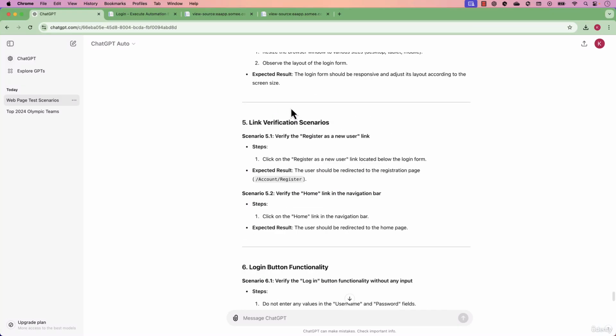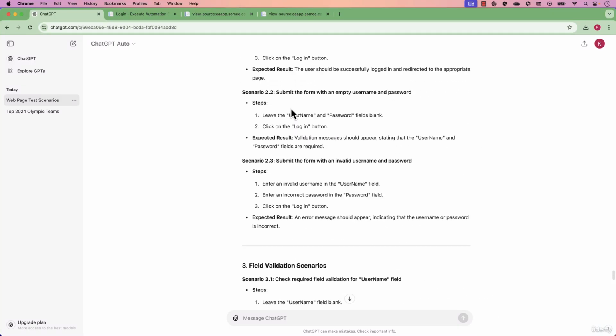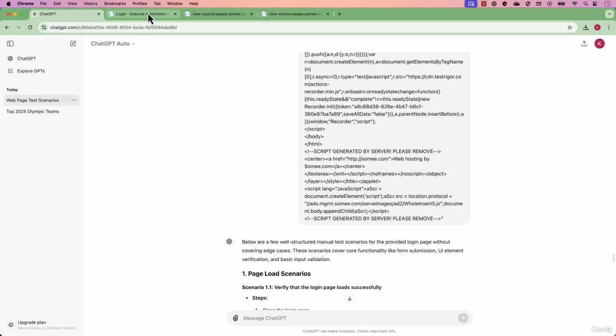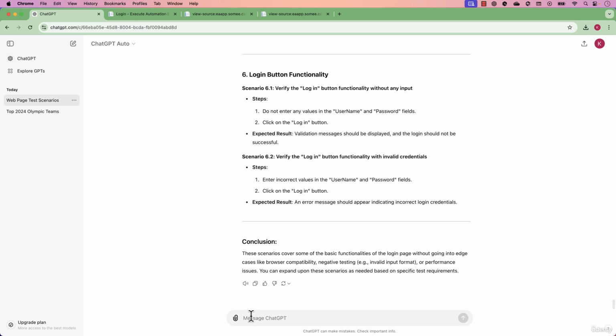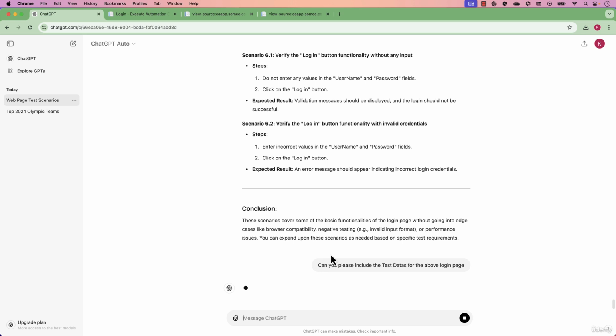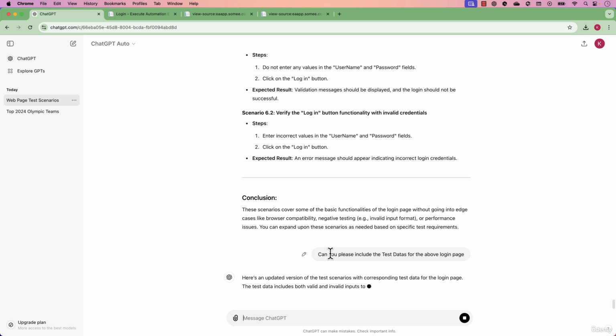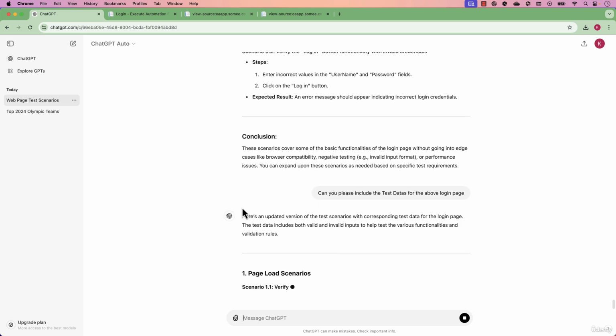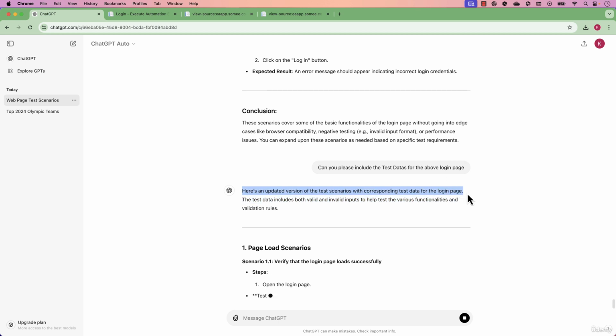In this lecture, we'll discuss how we can create test data for these inputs. So let's ask the same ChatGPT with the same prompt. Can you please include the test data generation or test data for the above login page? While I do that, it now tells there is an updated version of the test scenario with corresponding test data